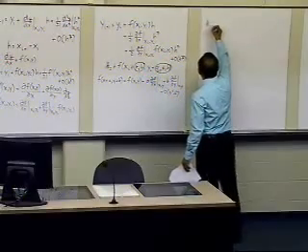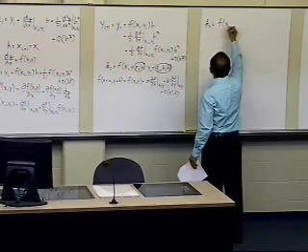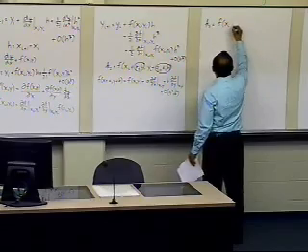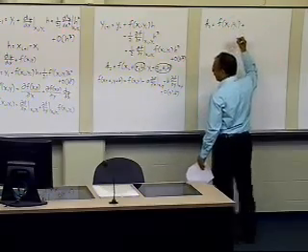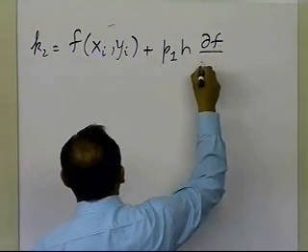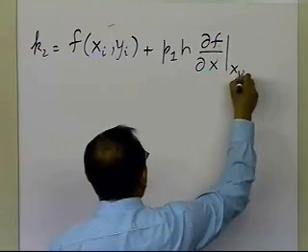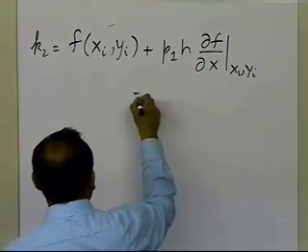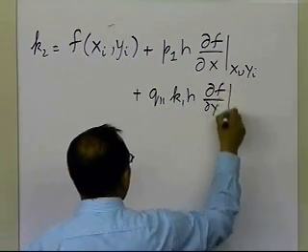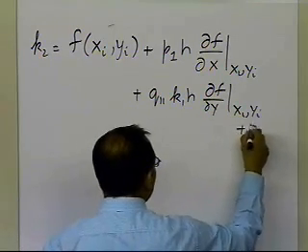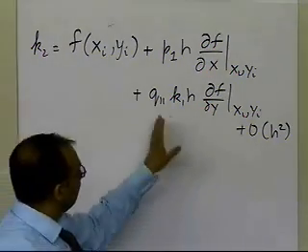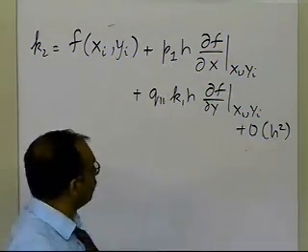I'm going to get for K2 the value of the function at x of i comma y of i. That's what I'm going to get, so I'm using my Taylor series expansion. Plus, A is p1 h, so it's p1 times h times del f by del x at x of i, comma y of i, plus b, which is q11 times k1 times h, times del f by del y calculated at x of i, comma y of i, plus the order of h squared terms. Because I have a squared, b squared terms there, and since everything has h in it, it'll be just order of h squared terms.